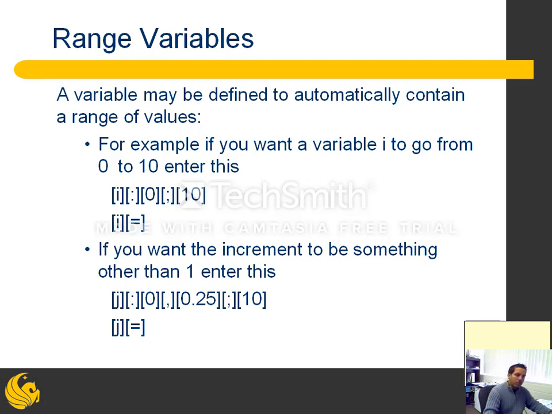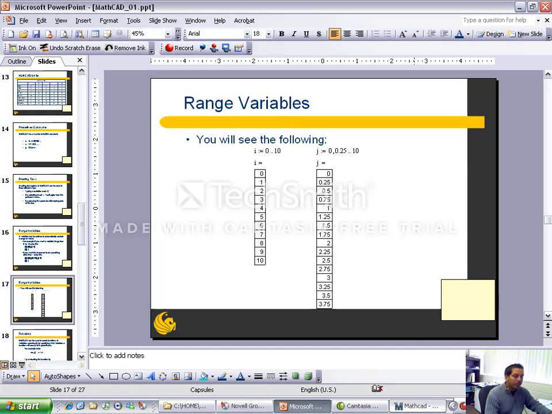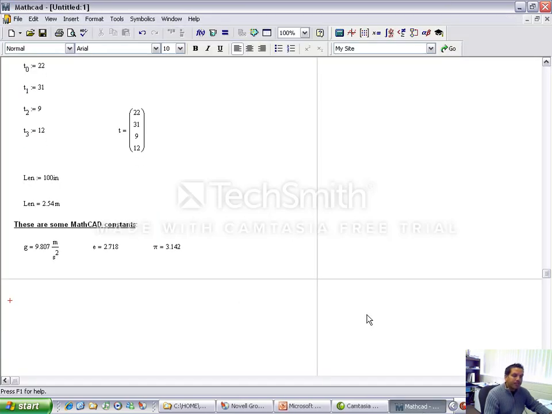This is what you're going to see when you enter this in MathCAD. Enter I from 0 to 10, J from 0 to 10 in intervals of 0.25. This 0.25 is not the interval, it is the second value right after 0. So let's go to MathCAD and let's enter a text region, range variables,